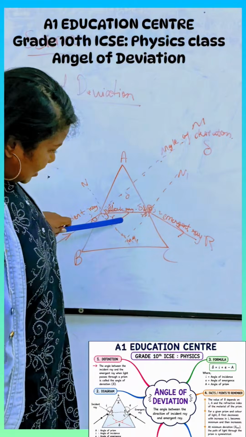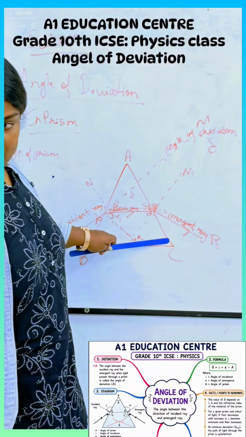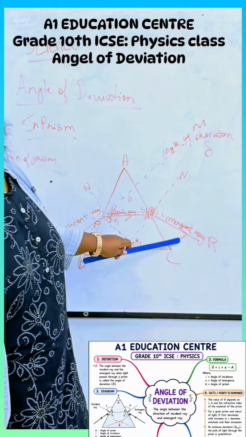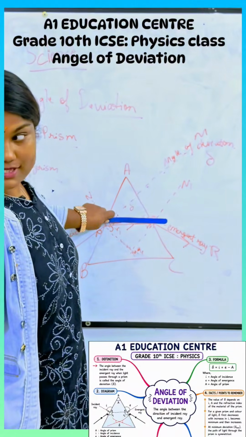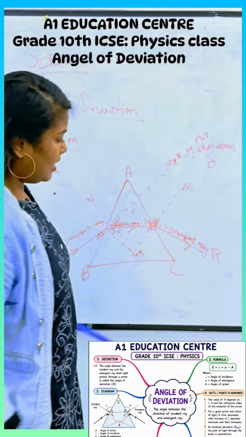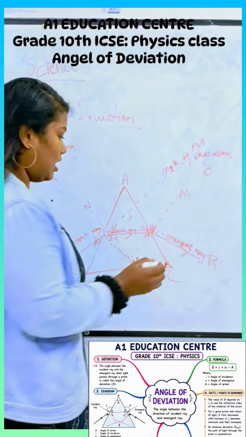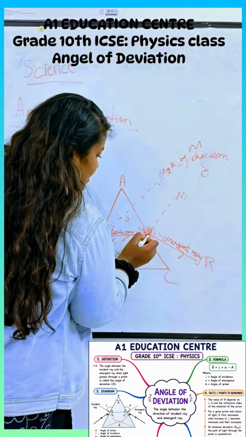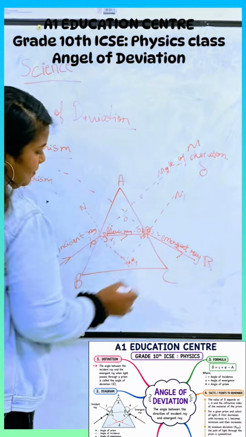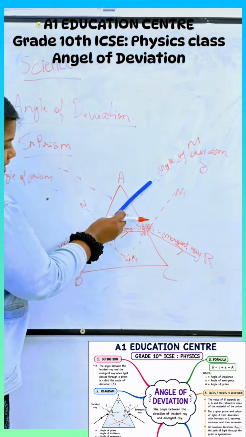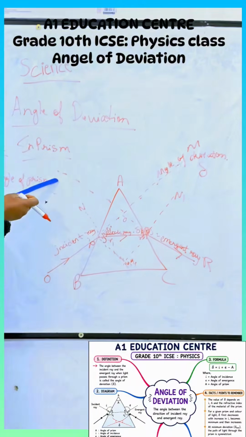Now the ray from here will act like an incident ray again for the second surface AC. How will the ray go here outside? Away from the normal. When the normal is there, it will go away. Okay. Now you know this path of reversibility, isn't it? Now if I extend this ray here, if I make it straight, like how I made straight this side, it will also be in the straight line.